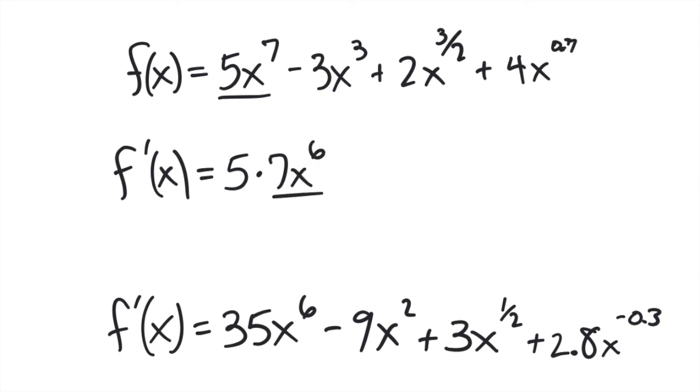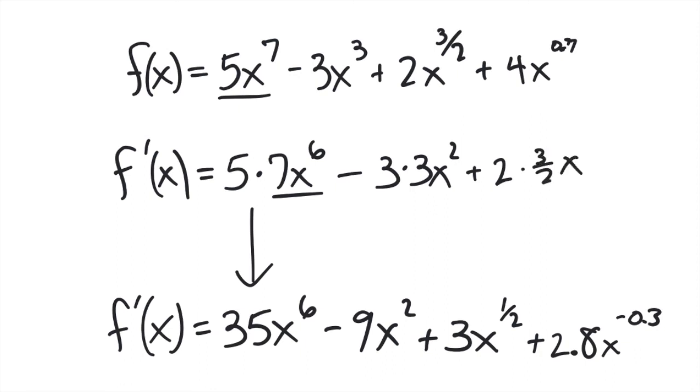So like dealing with that 7x to the 6th separately as a power rule, and then leave that 5 out front. And then, oh yes, 5 times 7 is 35. And then with the next one, leave the 3 out front. That was already there. And then, okay, now the 3 is going to drop down from the exponent, and we're going to have an x to the second power, okay? And then, okay, the next one is going to be a 2 out in front times 3 halves drops down, and x to the 1/2 power. And then, oh, the 4 out in front, and then 0.7 drops down, and then, okay, 0.7 minus 1,